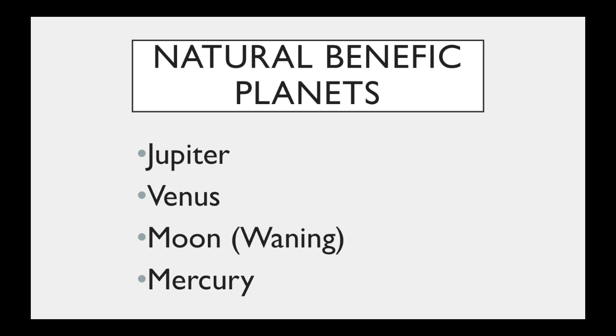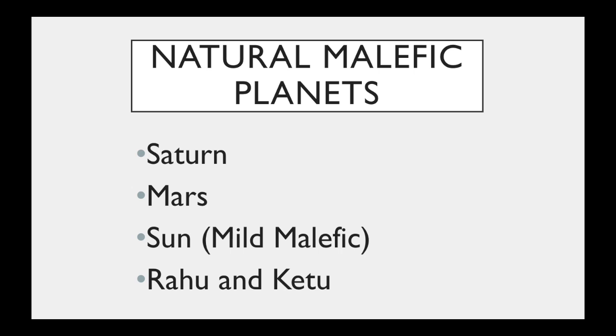Now, please understand, and I'm sure most of you must be aware, that Jupiter, Venus, Moon, and Mercury are natural benefic planets, whereas Saturn, Mars, Sun, Rahu, and Ketu are natural malefic planets. But for a particular ascendant, some of these natural malefics can also be functional benefics because they are lords of auspicious houses for that particular ascendant. Hence, there is a possibility that for some ascendants, even some natural malefic planets can be functional benefic planets,